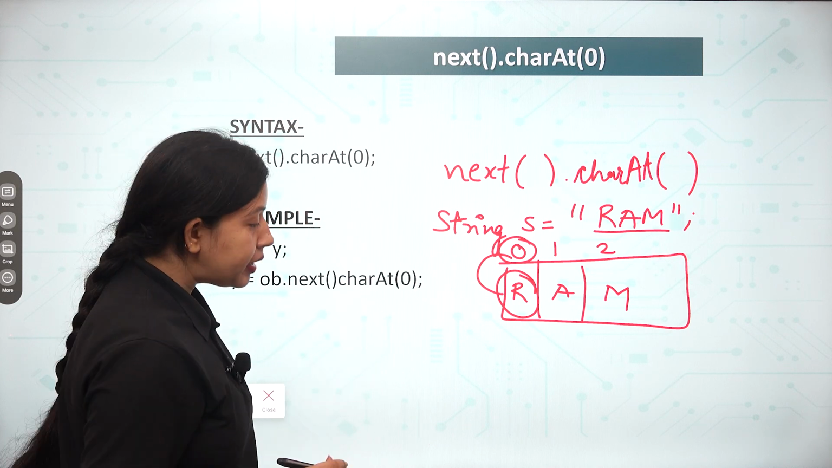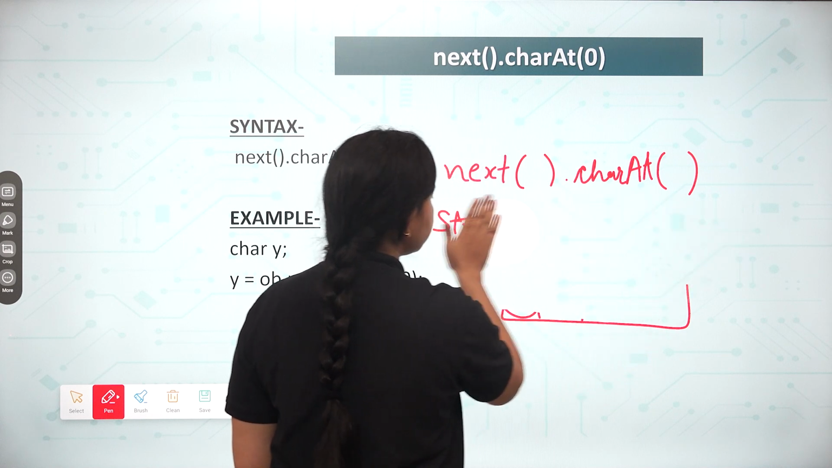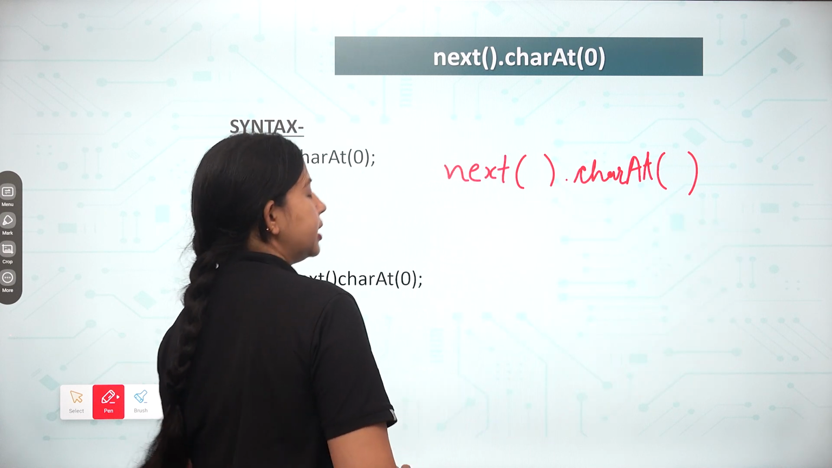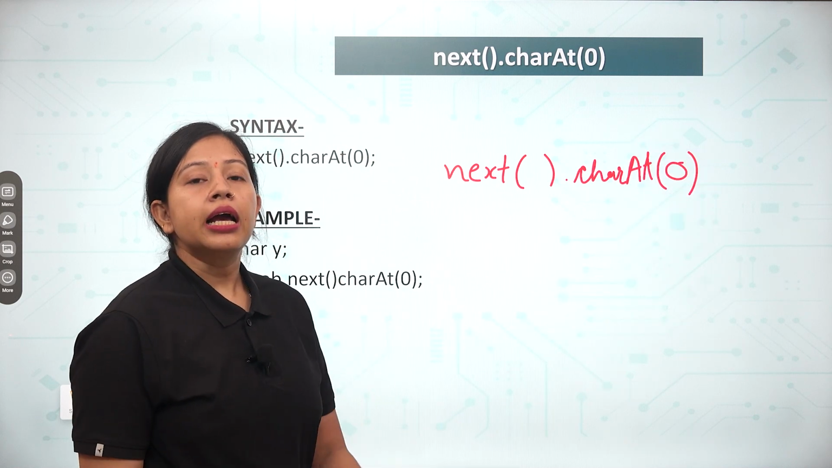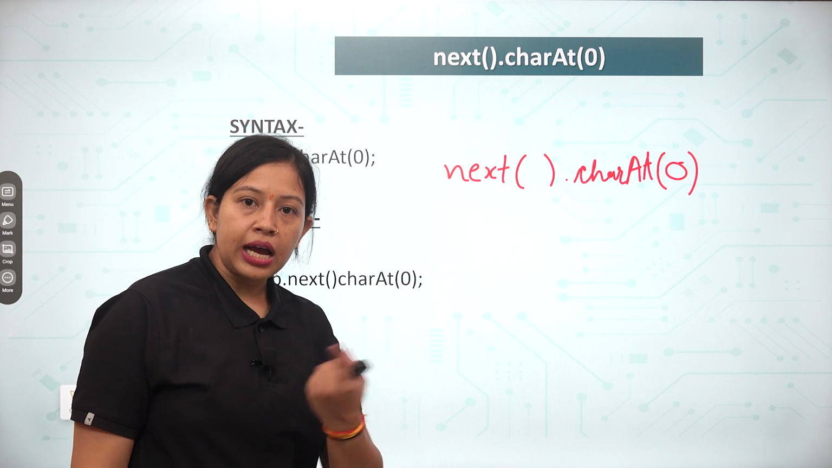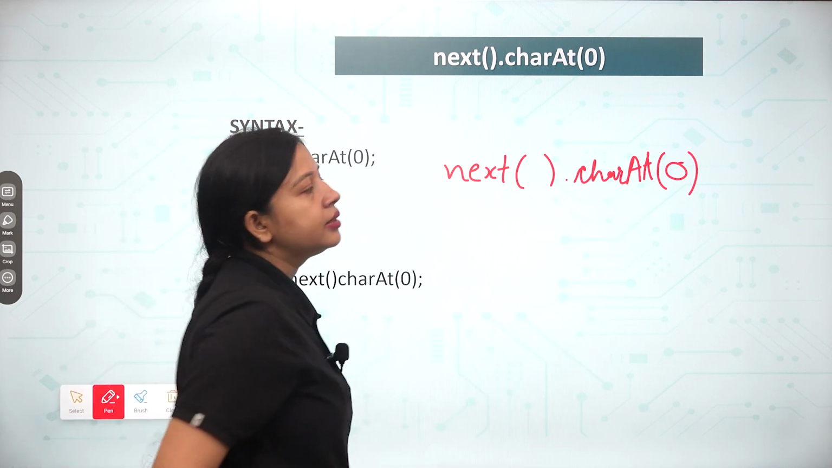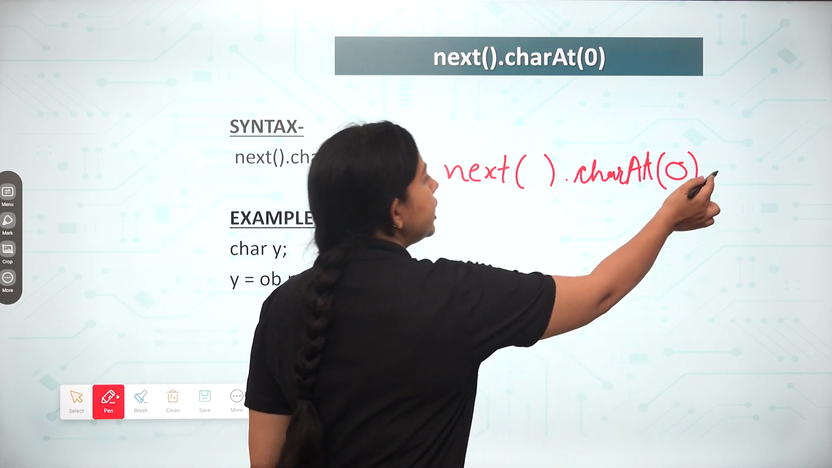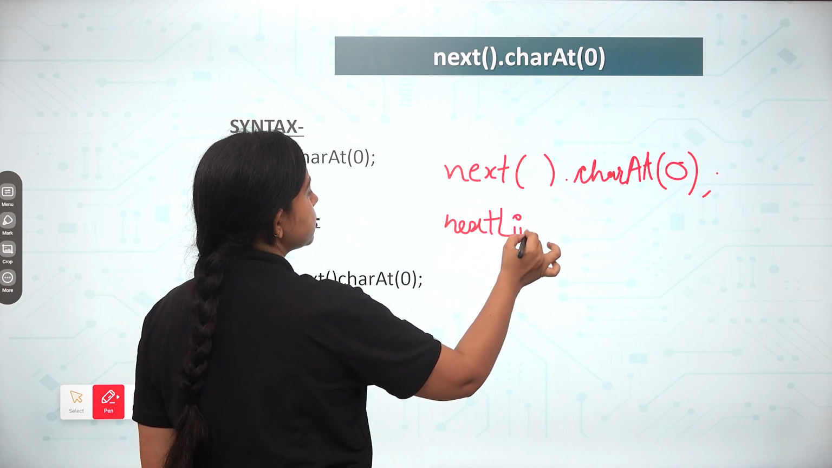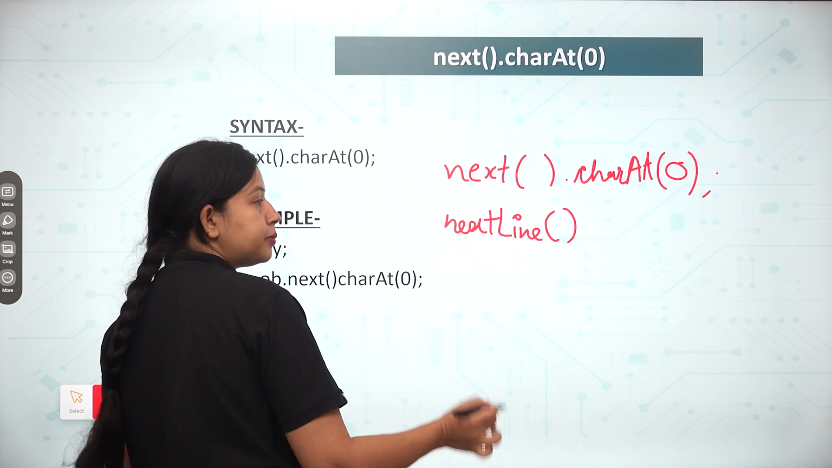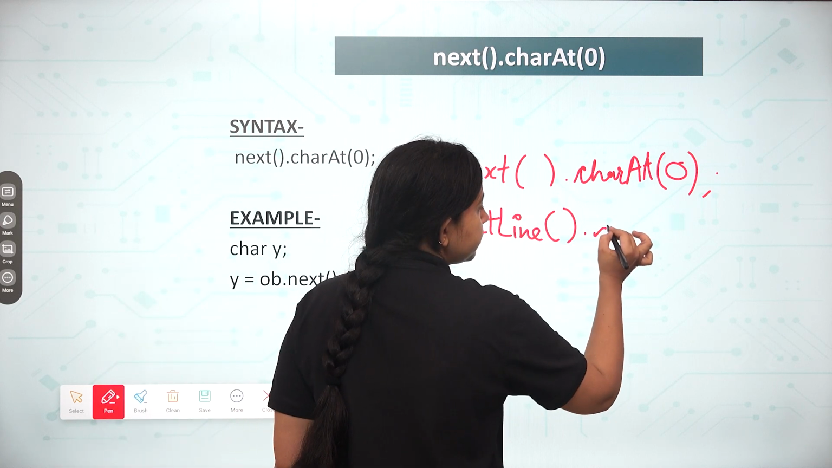That is why, whenever we are going to store any character, we always take the 0 position, the 0 index value, because a character has only one value and the index is always started from 0. That's why we are passing 0 here. It doesn't matter if you are using nextLine, no issue. I'll simply use nextLine followed by the method bracket, then the dot operator. This is important. After that we use charAt